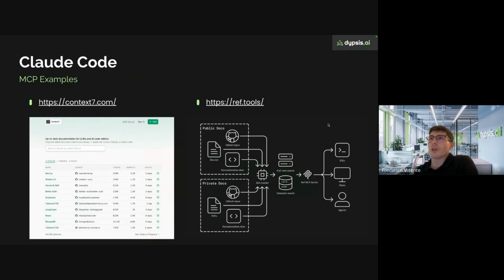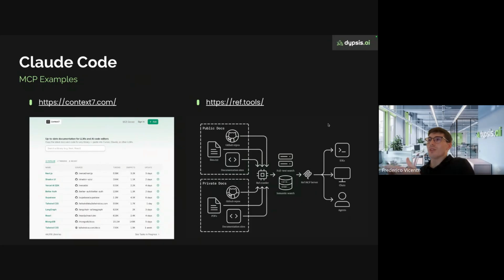For instance, there are some very good examples more related to coding, like Context 7 and Ref. They're very nice because developers are usually faced with the problem that libraries and SDKs change a lot, and as I told you in the previous slide, the LLM's knowledge is cut off about a year before.